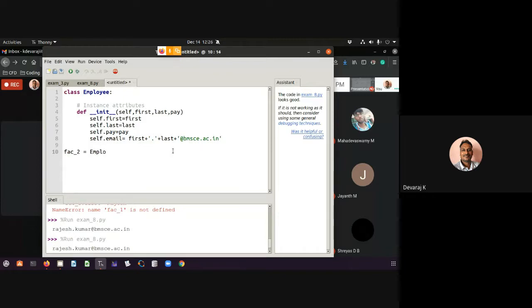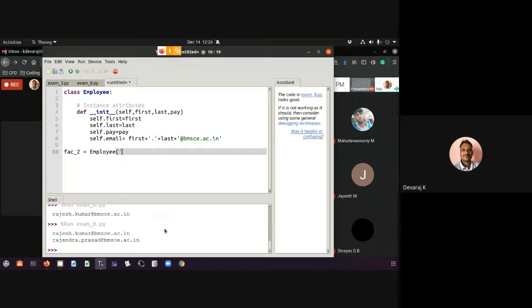Employee class, with first name Rajesh, comma, Kumar, then its pay, let it be 50,000. This is how I can define faculty 1.